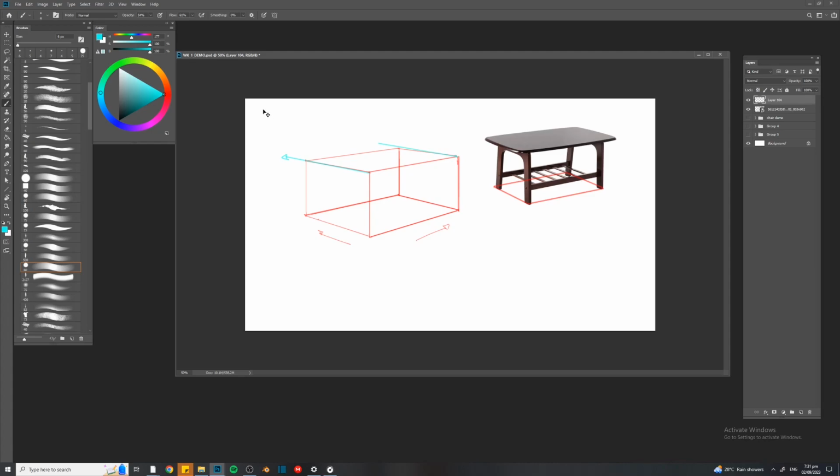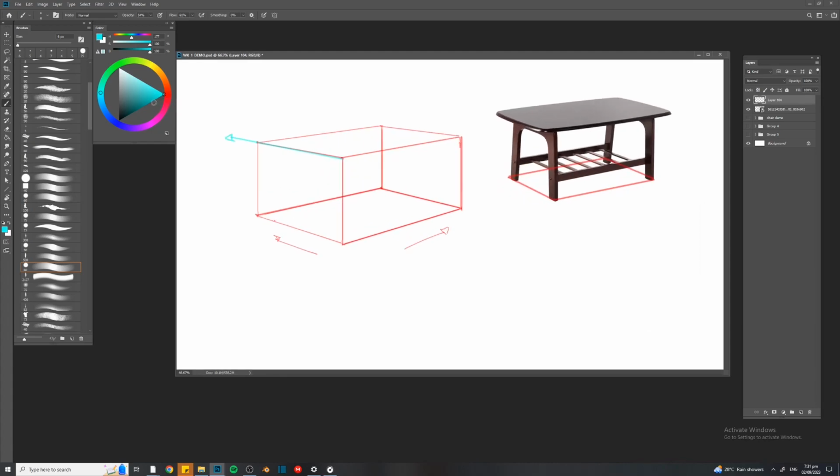So I have to adjust one line. So probably I'd move this to a closer angle to the other plane on the right side, like this,